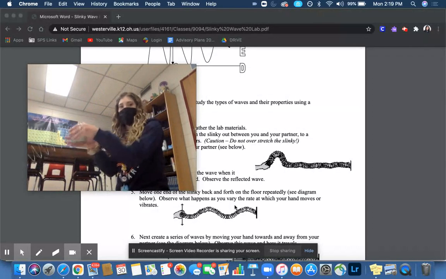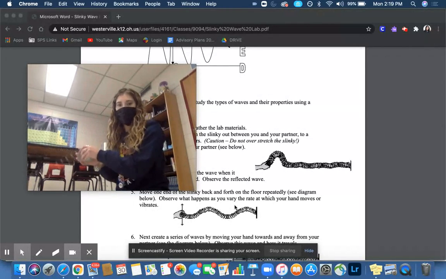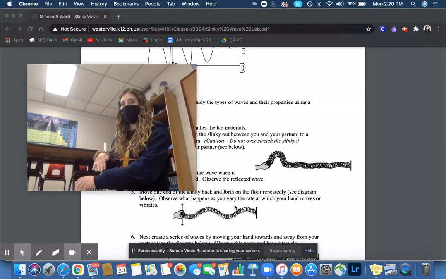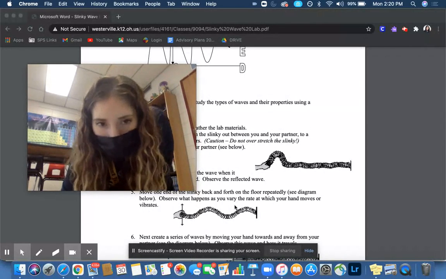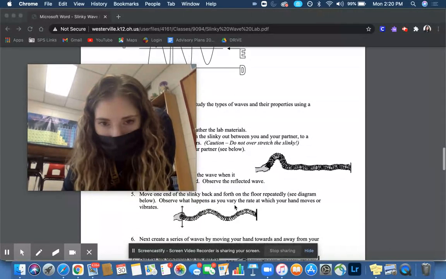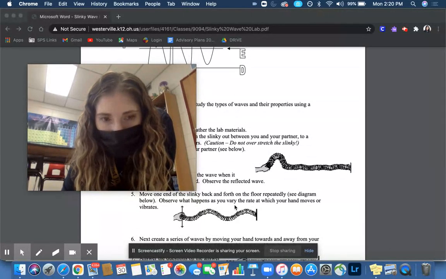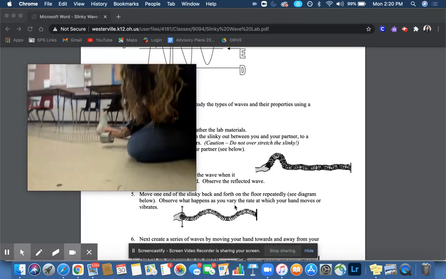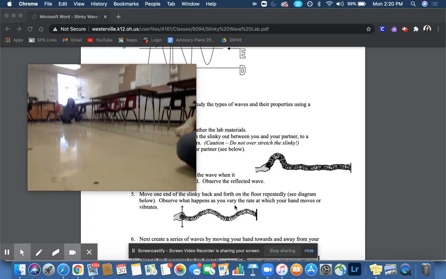So we're going to be moving back and forth like this. Okay. Not towards and from my body. Instead of up and down, it's side to side. Okay. Observe what happens as you vary the rate at which your hand moves. So this is step 5. So the rate at which my hand moves. So if I go slow or fast,